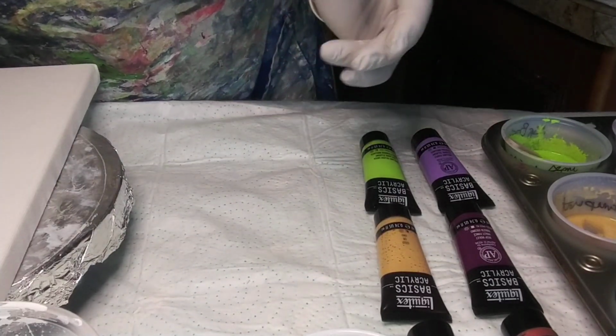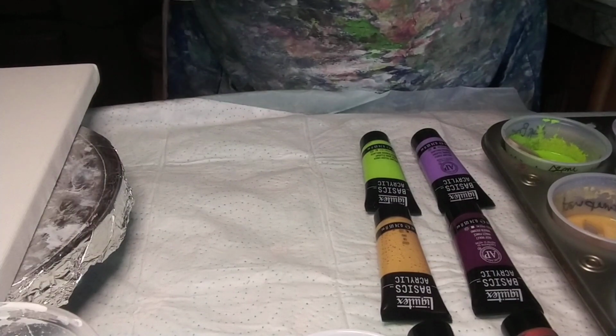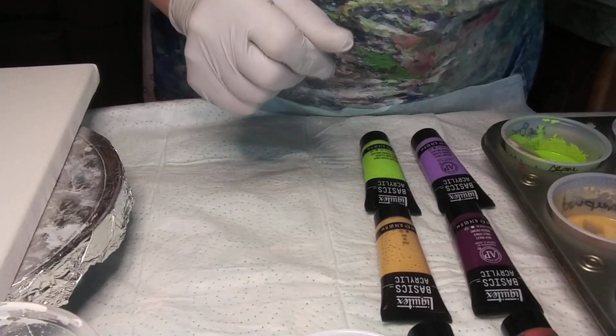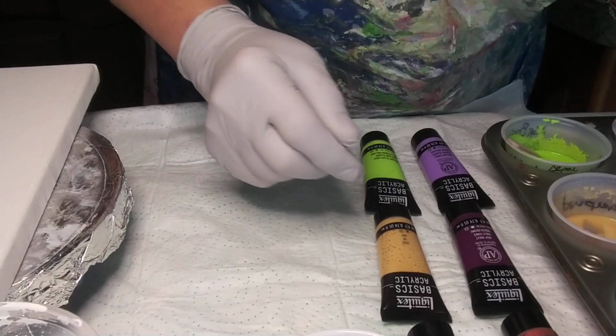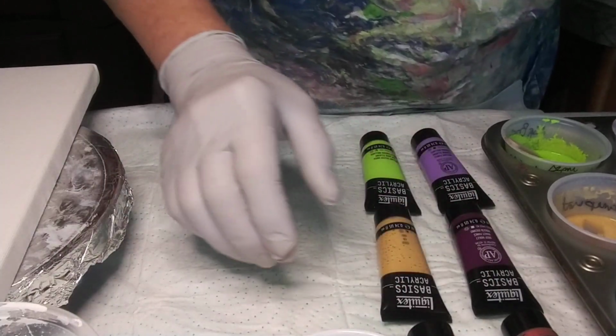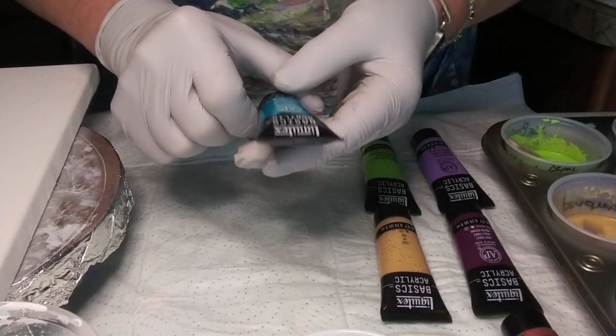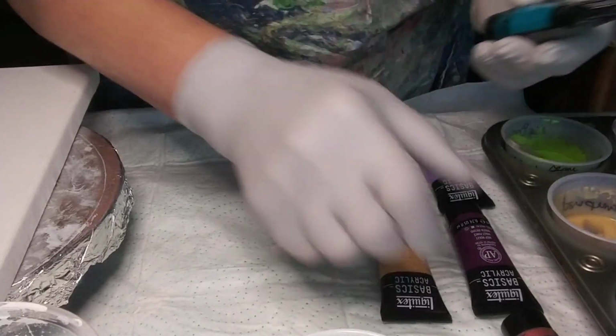This is going to be a fun video. I've never done a Dutch pour, and so we're going to do a Dutch pour today. The colors I'm going to be using are all Liquitex. So I'm going to be using a turquoise blue,